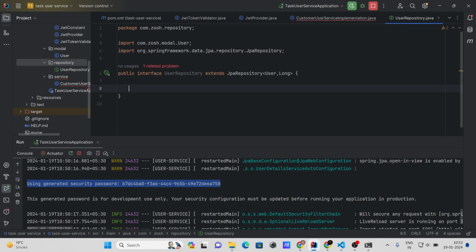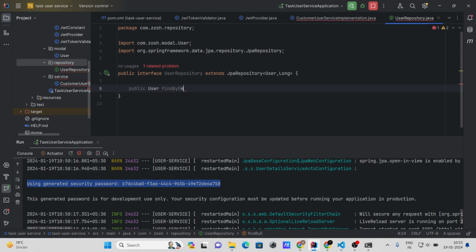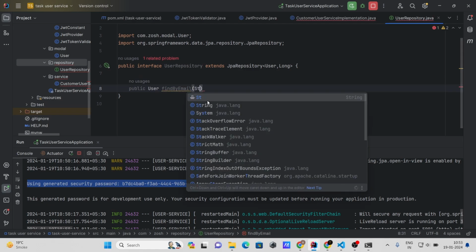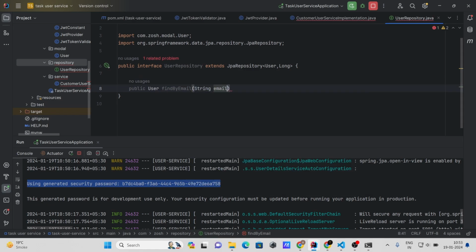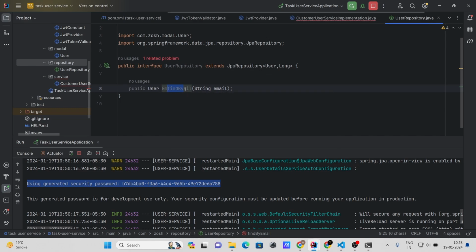And let's do one thing here. Public, it will return user. Here I'm gonna define one method for finding user using email. So find by email, and here string I need to give email like this. Okay, so that's how guys you need to give find by, first find by in camel case, then you need to give